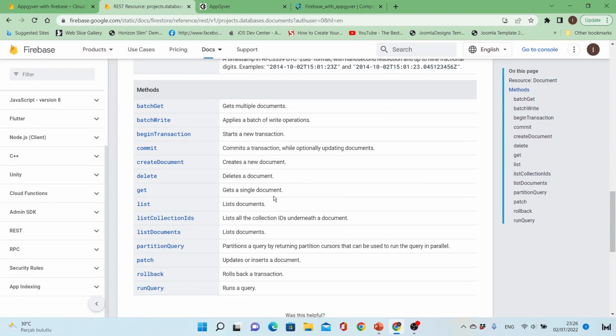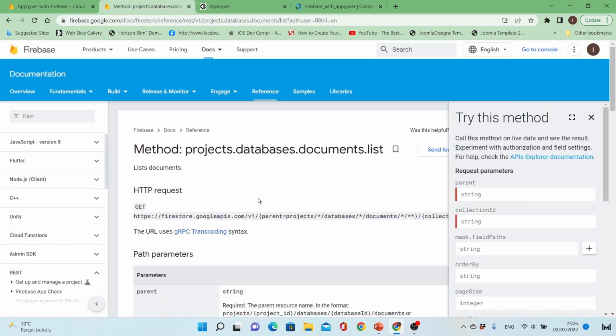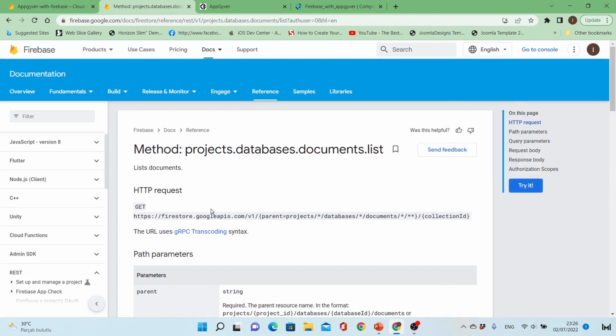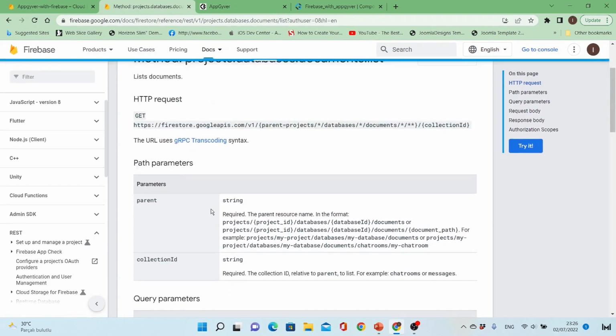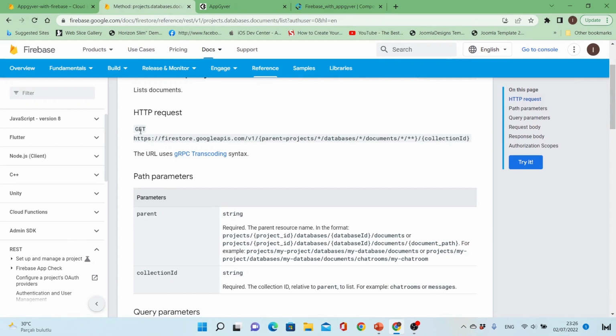So I'll go to this document. Inside the documents, I will have the list, which is the same as get collections inside AppGyver, and I'll get the request URL for the get collections, which is this one. This is the resource endpoint,